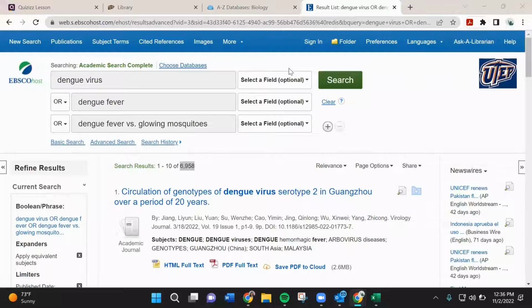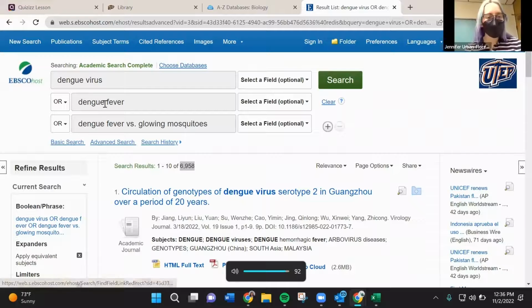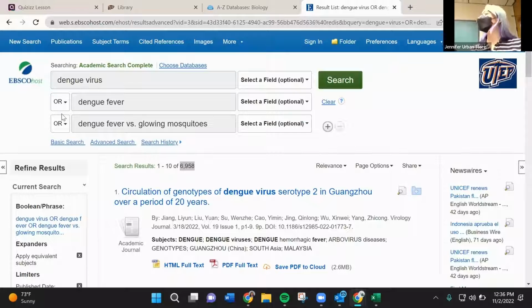speak. I've unmuted myself, and my question is on the current search that's here with dengue virus or dengue fever. Do we have to put the word dengue at the next line before the word fever? What if you just put the word fever? You may, because I'm saying or. See, I'm using these Boolean operators, and maybe I skipped over that too quickly. But Boolean operators, especially with the way that I'm using them, I'm saying it doesn't have to be dengue virus and dengue fever. I'm saying dengue virus or dengue fever. And if I just got rid of dengue at the beginning of fever, then I would get anything that mentions fever at all.